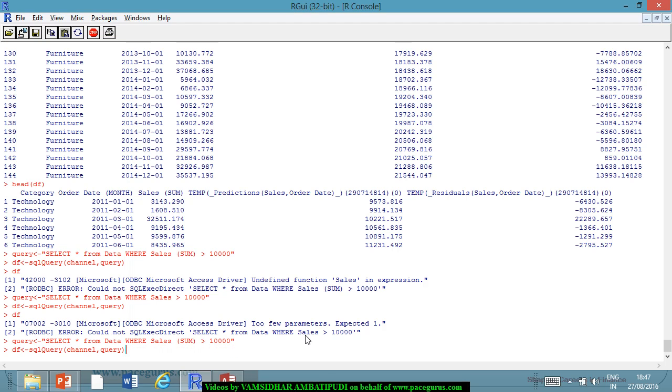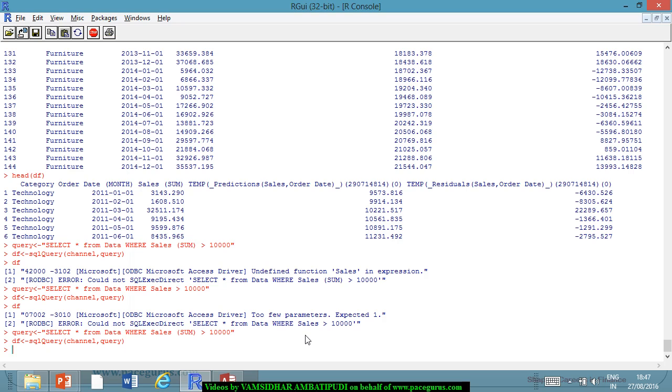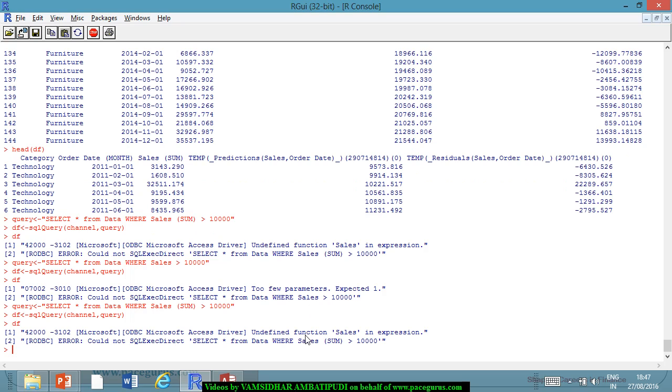So it's not able to do the query properly. Could not SQL execute direct select star from, so it could not execute. So otherwise I'll change the query. Instead of putting the sales, I will try to put it as where category, looking more simpler. So let me put where category